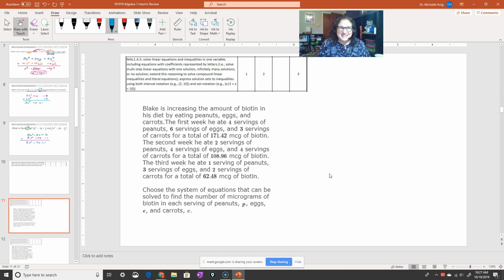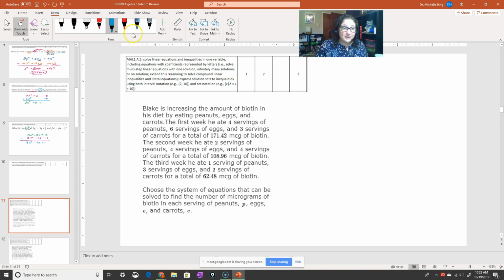All right, next. This one is weird because I pulled this question from SchoolNet, which is where you take your tests. But I'm not perfectly confident this question is completely related to the standard. So I'm still going to do it because you need to know how to do it in algebra. But I have some other examples just in case this didn't match up and someone put the wrong standard in. So let's look at this.